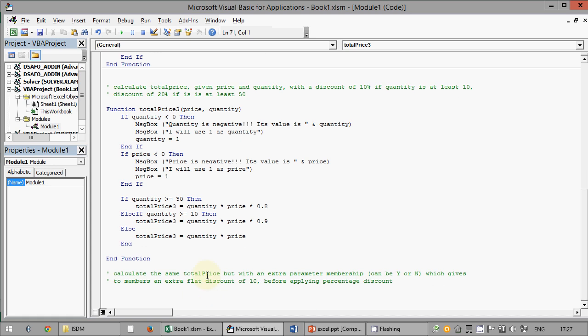Okay, now I suggest you stop the video and try to do it alone. It's not easy because it's somehow contorted, but complex. Try to do it alone and then resume the video and watch it.